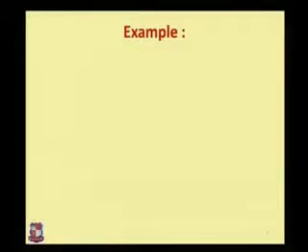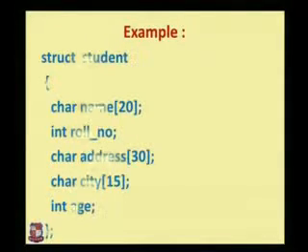Then we have an example. Taking the example of a student, we know that this is everything about a student. Then struct student, a particular name student with struct. Struct is the keyword of structure, which represents that this is a structure named student. Then the starting curly braces. Then name is a character array of size 20.